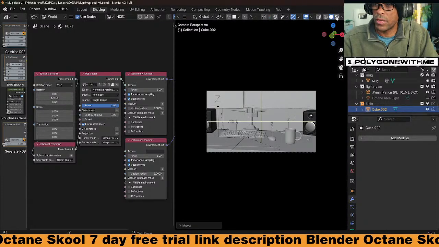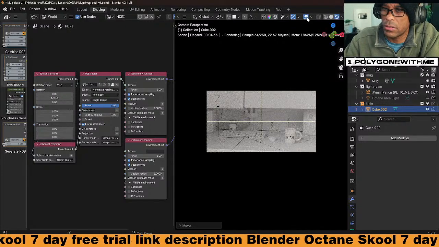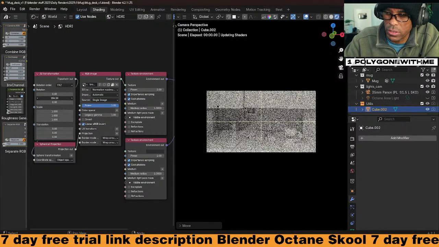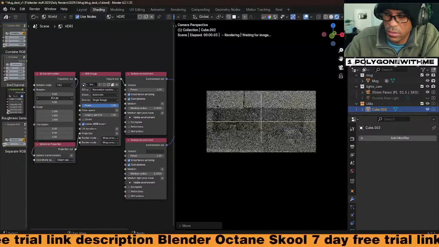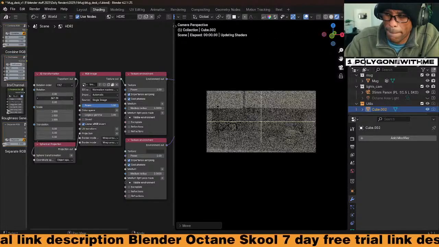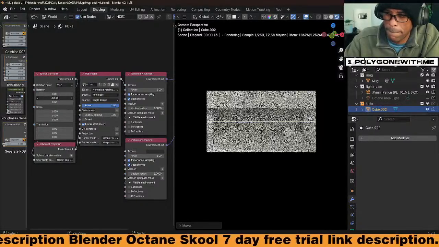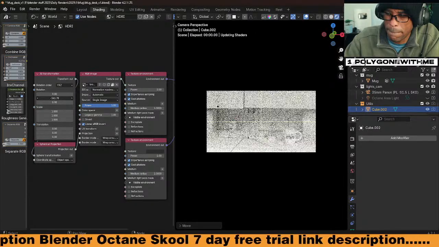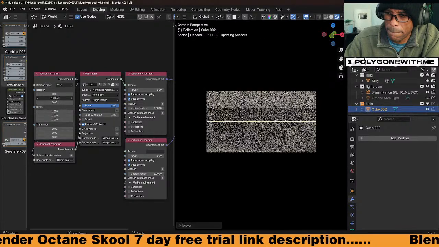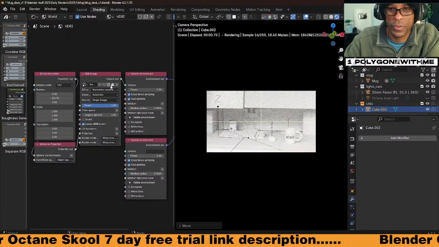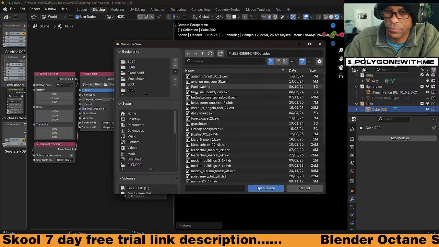Let's jump inside now and see how that plays with the light. We might get some interesting shadows. Let's rotate our HDRI. Let's change this HDRI to something where we're simulating some outdoor light.